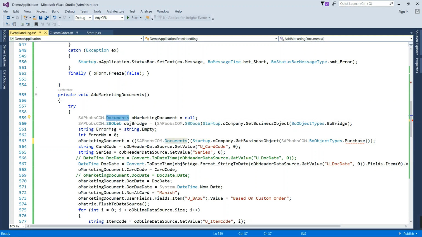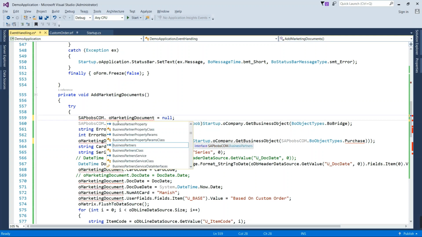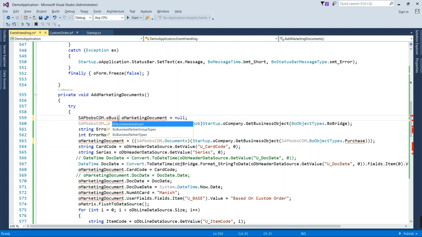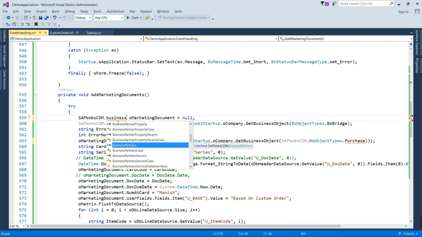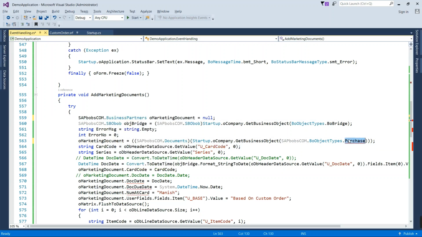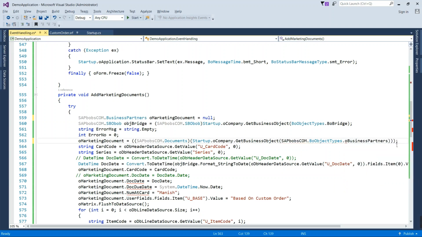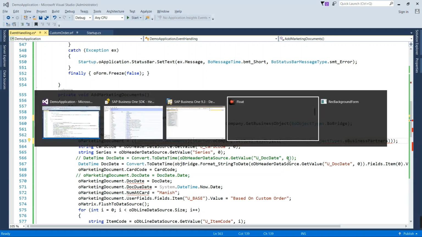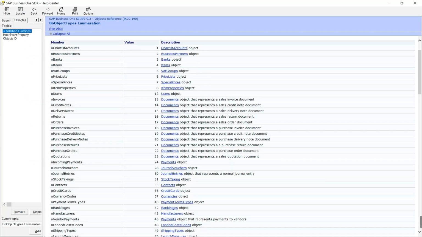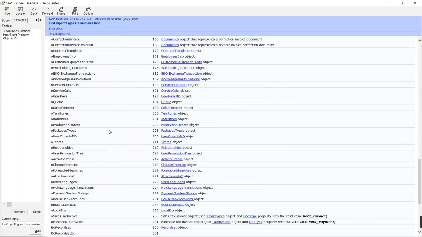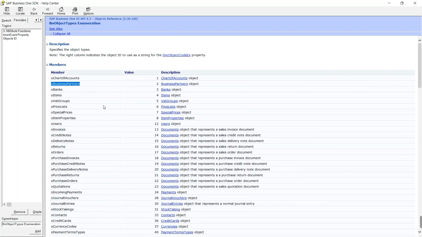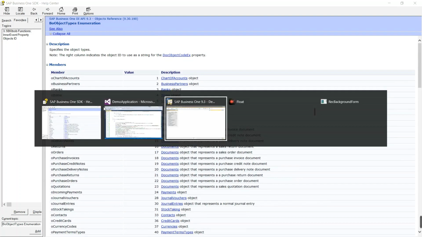Suppose I want to create the business partner object through the DI API. So you will take variable here O, sorry, business partner, you can see here, and here you will take o business partner. So come to the SDK, you can see we have taken the variable of this type and object type of this type. So similarly you have the list of objects here you can use as per your requirement.